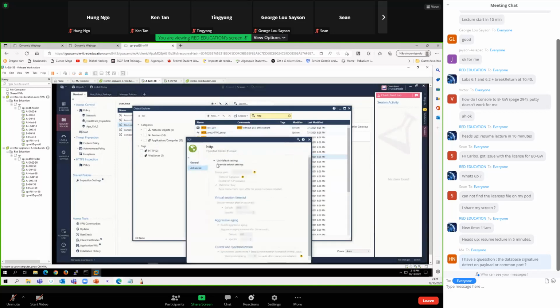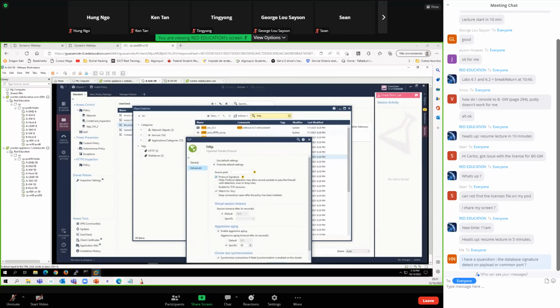Because there is one thing called protocol signature. I don't know if that's what you meant, right? Database signature, protocol signature. But anyways,